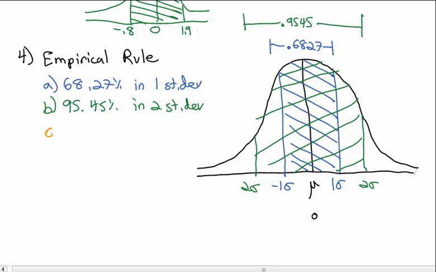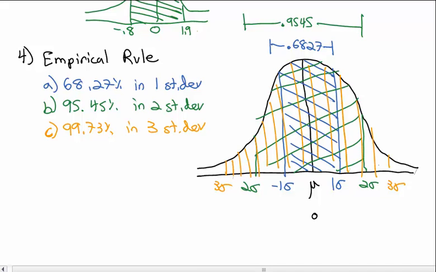And we can go further. If we wanted to go 3 standard deviations, you pretty much have everybody. They say 99.73% of all the data is within 3 standard deviations of the mean. I would not expect to ever see a z-value greater than 3 covering all of this data, 3 standard deviations on each side, 0.9973. So if I ended up with something with a z-value of maybe 4.8, 4.8 standard deviations from the mean,